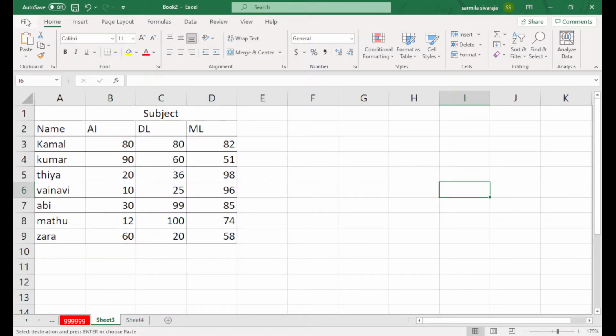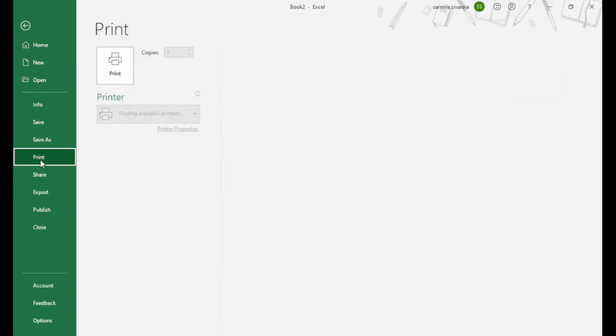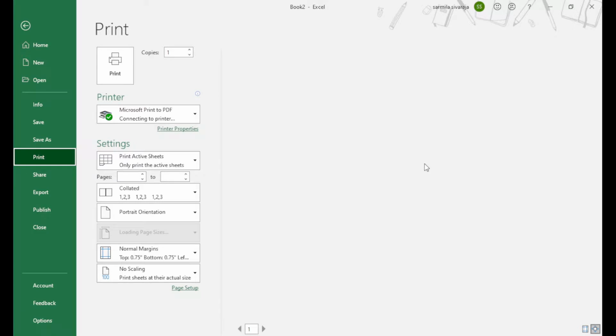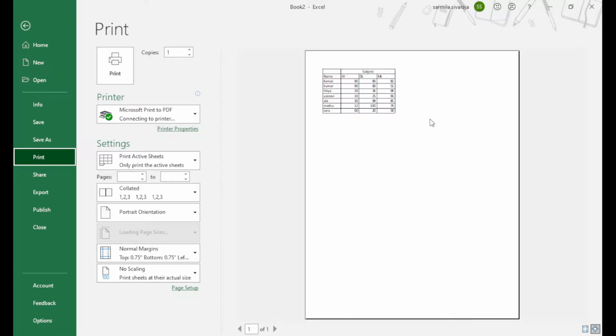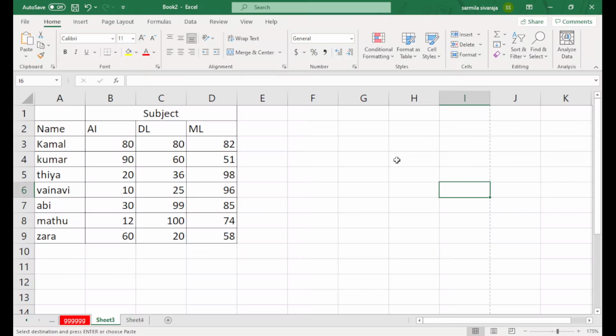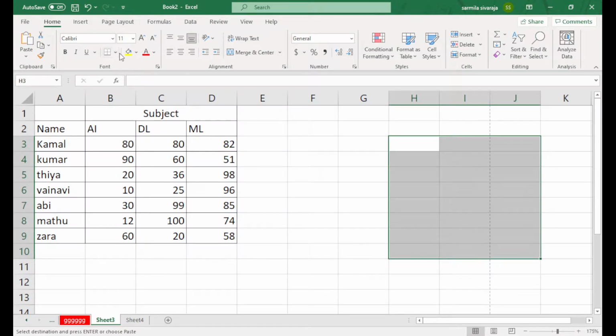Just come to File and I will show the print preview for you. When you come to the print preview, it only shows the borders when you select borders. Otherwise, it shows a blank sheet here. Here I will select this part and set some borders.